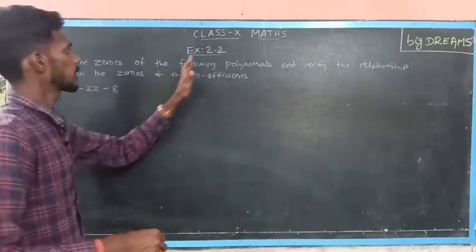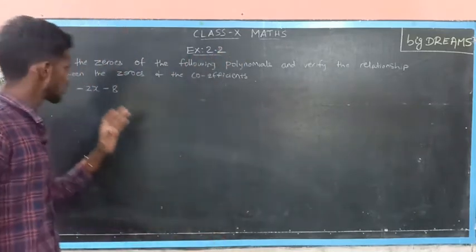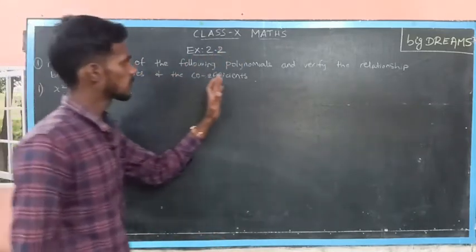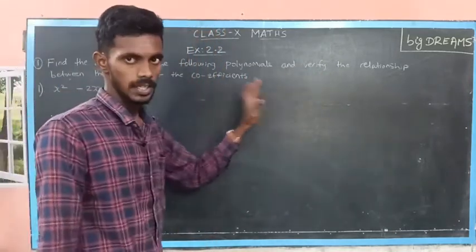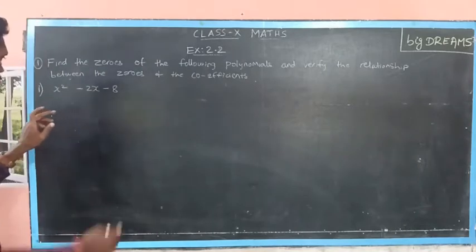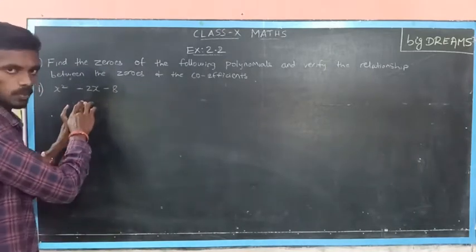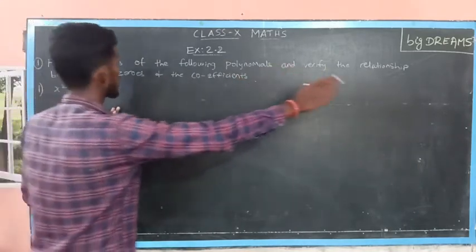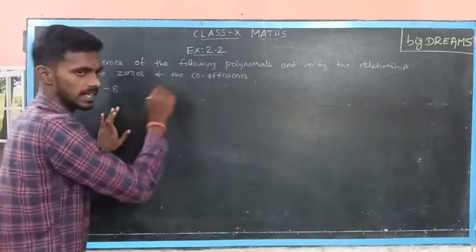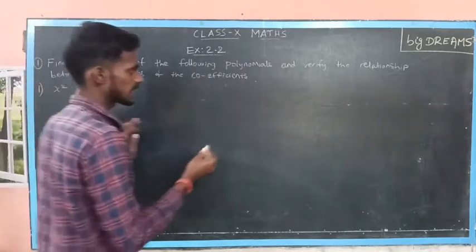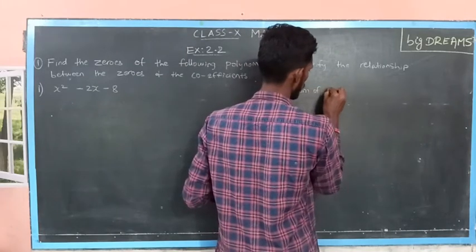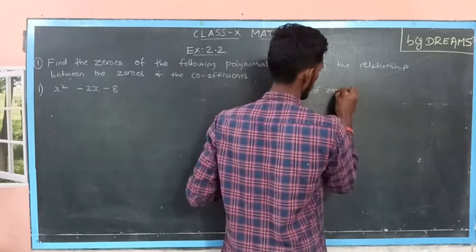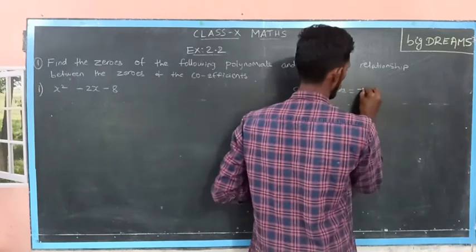In this session we are going to see exercise 2.2, first sum. Find the zeros of the following polynomials and verify the relationship between the zeros and the coefficients. So you have to find the zeros of the given polynomial and verify the relationship between the zeros and coefficients. The relationship between the zeros and coefficients is: sum of zeros is equal to minus of